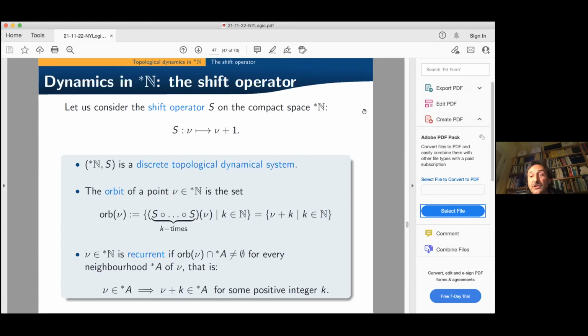We take the shift by one, that is a continuous function. And so we have a discrete topological dynamical system. And starting from here, we can find, again, nice combinatorial proofs by using basic notions in topological dynamics. Let me stop here because I'm sorry that